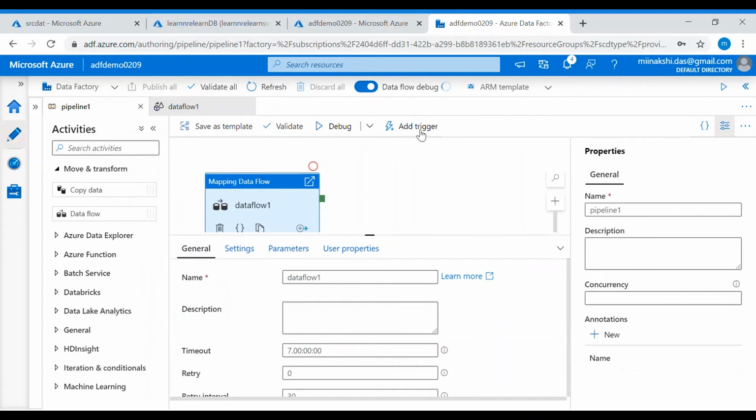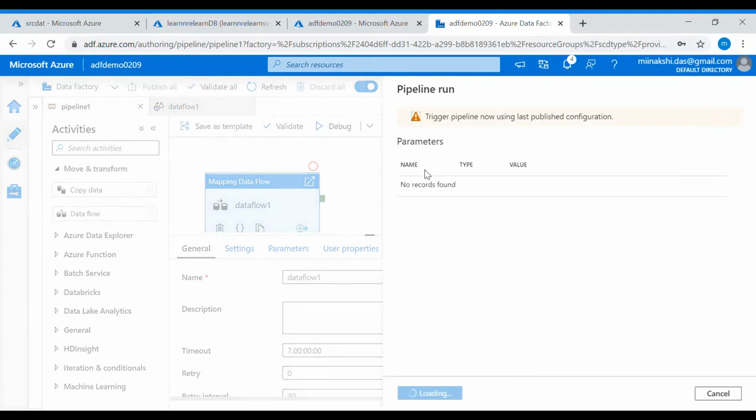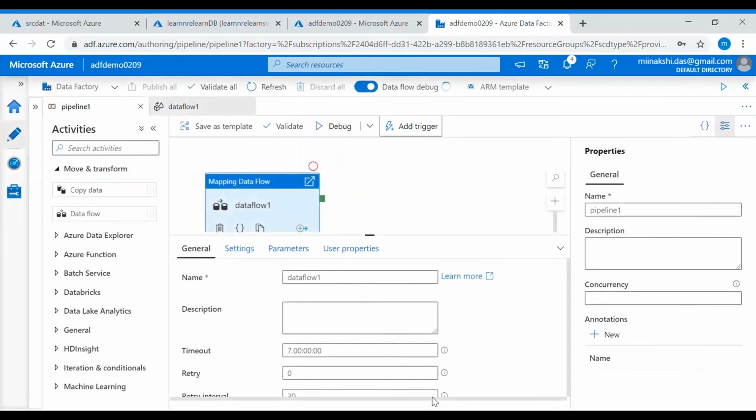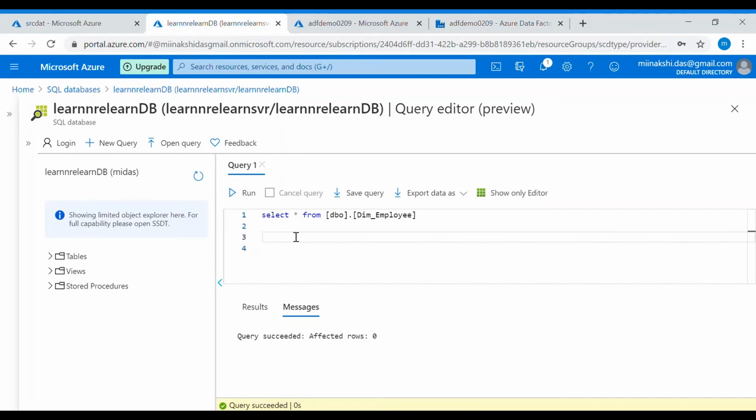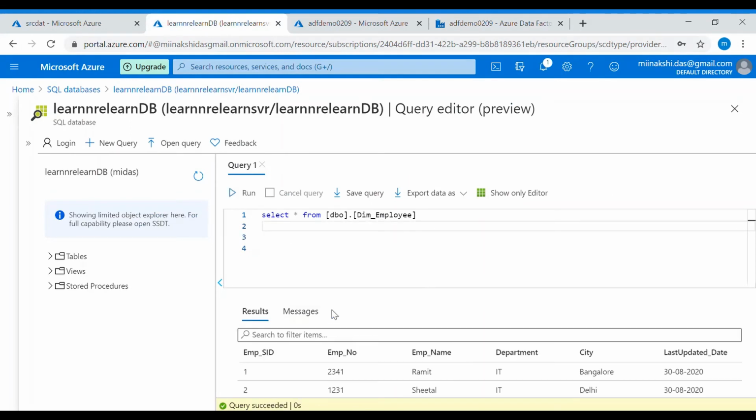So let's trigger this. This pipeline will be executed in some time. The pipeline execution is completed. Let's see if the data is inserted into the table. Data is already inserted, and this is the data we have in our source table. And let's implement the second scenario in our data flow task.